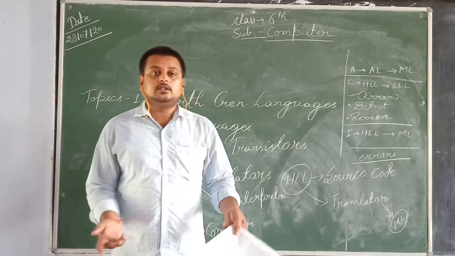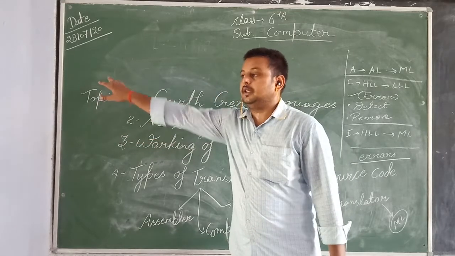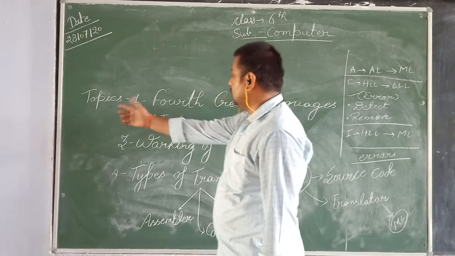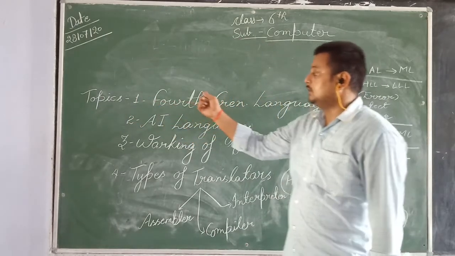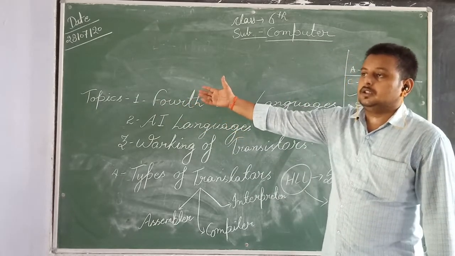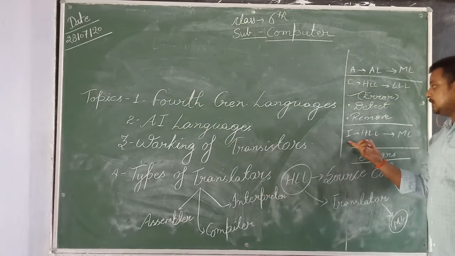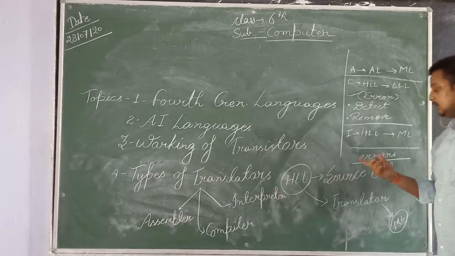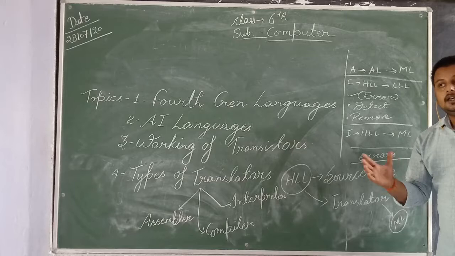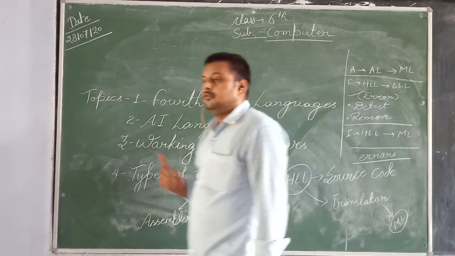Likewise, a teacher checks your copy line by line. Suppose you are writing an answer, then the teacher checks the spellings and all the errors found, and circles them with a red pen, and the teacher or you can change the incorrect spelling. Likewise, the interpreter is much better than the compiler because it detects the errors line by line and shows them to the user, so that the user can correct the errors and the programming keeps working.